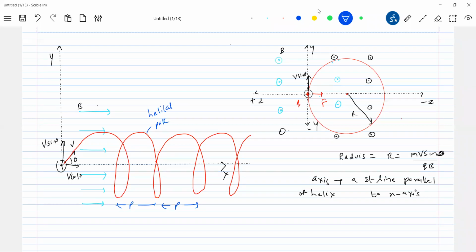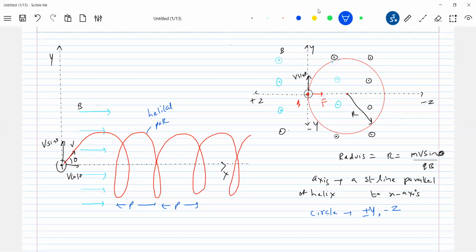In which plane will it be describing the circular path? The y minus z plane. So circular path in which plane? Plus or minus y minus z plane. So whenever you get a helical path, first you identify these things: in which plane is the circular path, and what is the axis of the helix? If you know this, it'll be very easy. Convert that into a plane diagram. I'm just showing the plane diagram.